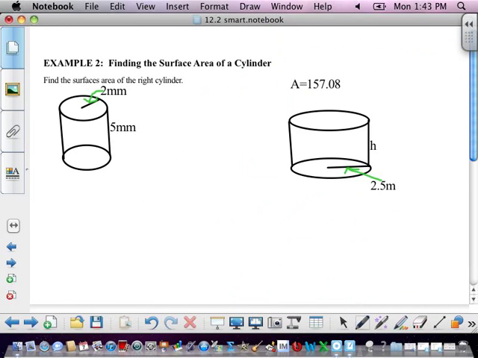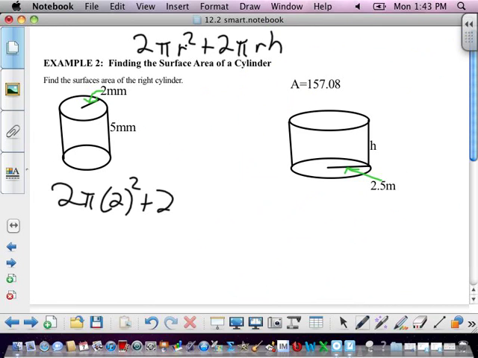I think cylinders are even easier. It makes more sense to me. Remember that our formula is 2 pi r squared plus 2 pi r h. Okay? So we know what the radius is, we know what the height is. So we go 2 times pi times 2 squared plus 2 times pi times 2 times 5. Is anybody confused where I got